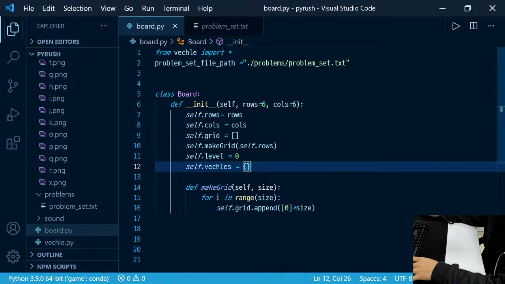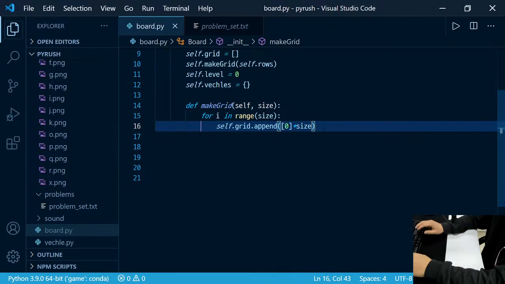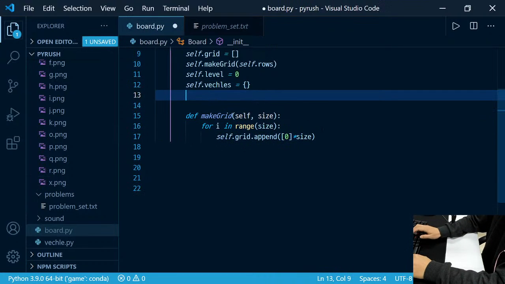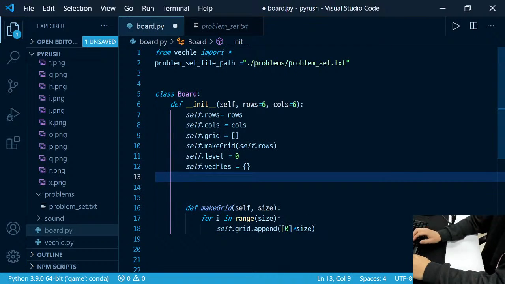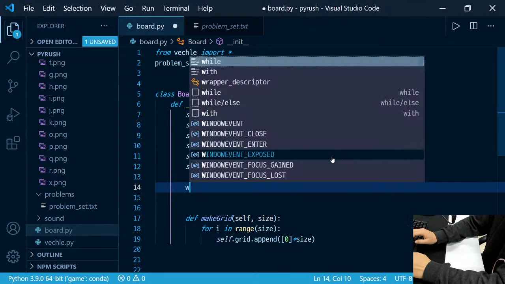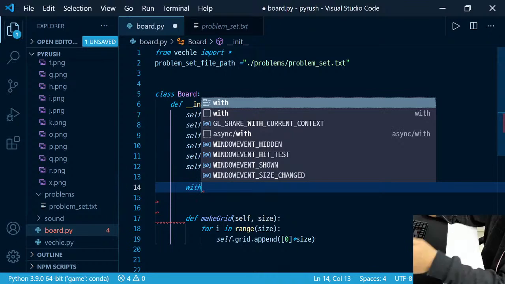That's all. And after that, when the class is initialized, we just open up this problem set file and parse the file